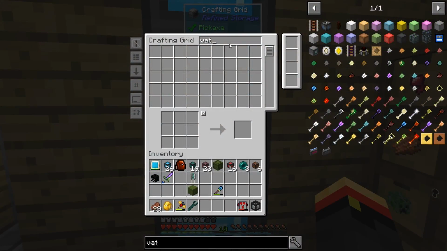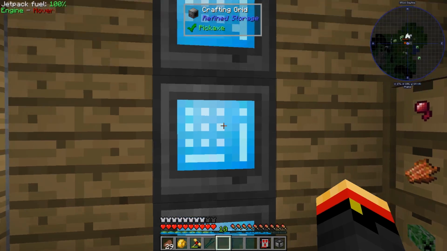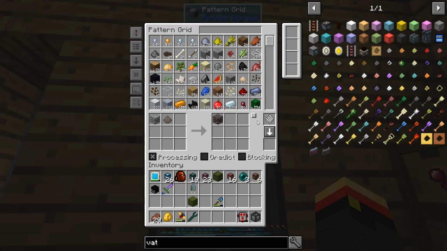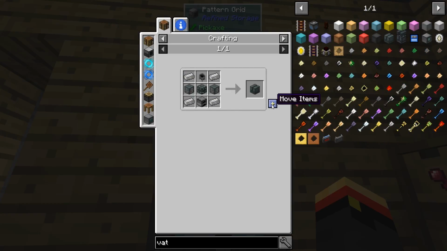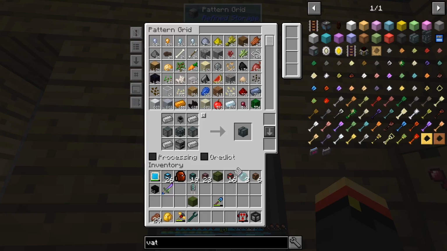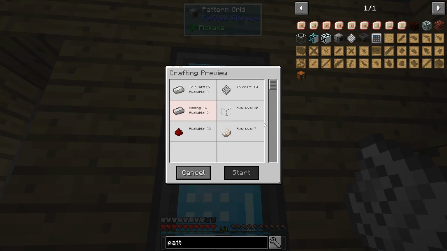Alright, so let's make a vat from Ender IO. To make a vat, we're going to need a couple of fluid tanks, industrial machine chassis, furnace, and electrical steel ingots. That all shouldn't be too hard. Let's see if we can make one here like this. Alright, we're not going to use the ore dictionary, and we are out of patterns. So let's get another...